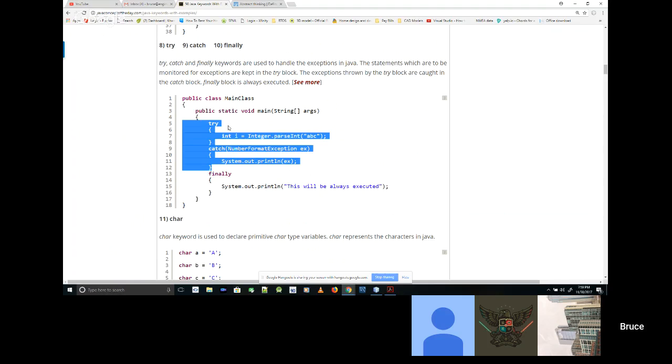And what a try does is, it turns out that when you make a method, you have another command, which we have not gone over yet, and it gives you the ability to throw an exception. It's kind of like assert, but it's the kind of assert that you want to communicate to other objects.